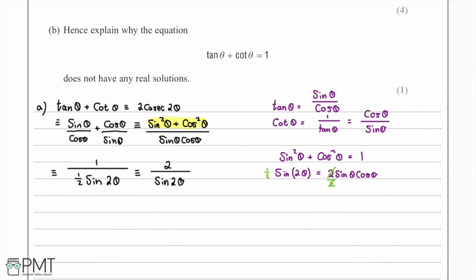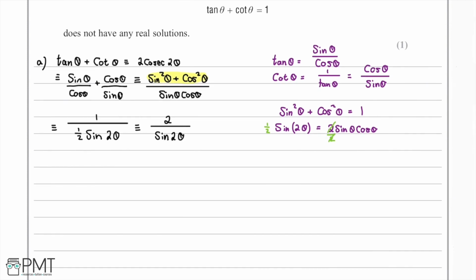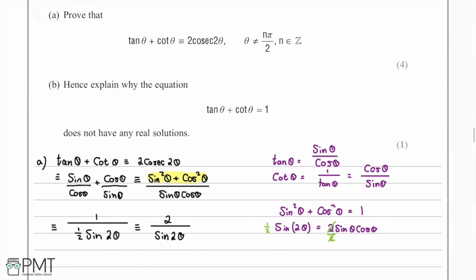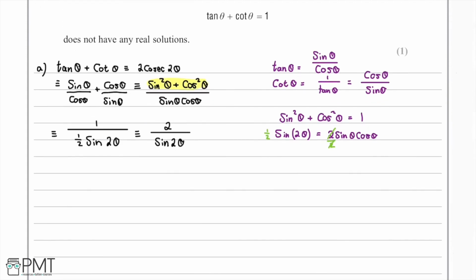And then finally, we'll go back and have a look at the aim of the question. So we were looking to write it in terms of cosec 2 theta, and we now have 2 over sine 2 theta. So we need to think, what other trig formula do we know that will take us to the next stage? So we do know that cosec